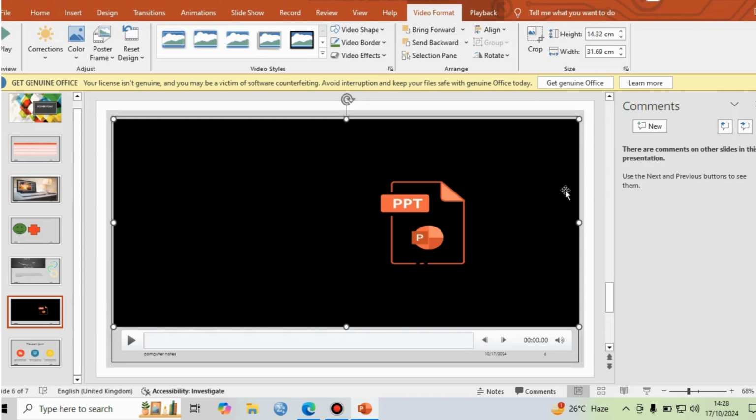I hope students you understand the first three options: file, home and insert menu options. In the next video I will use other options like transition, how to add the animation, slideshow options. If you want to record your screen,